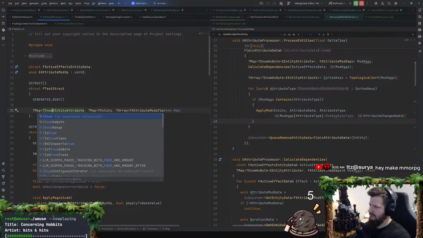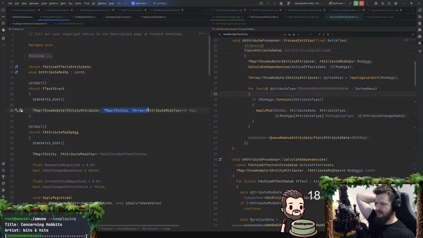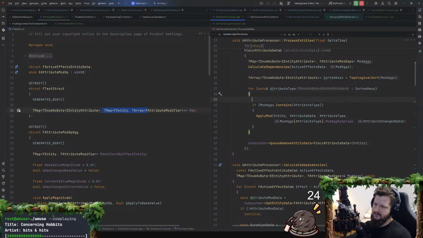This probably we would want that to be T and a mass byte as well. This is a nasty map. Here's the attributes. Here's all the effects of that attribute. Okay, so let's do something like this.